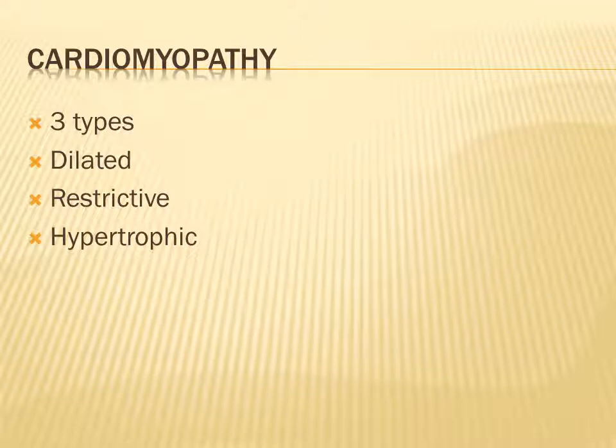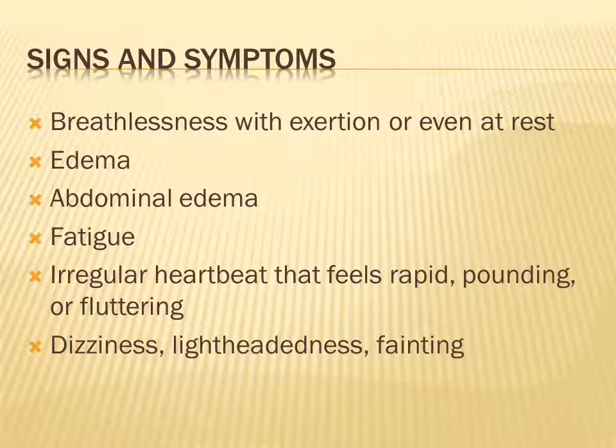And then last but not least is cardiomyopathy. Basically, there are three types: dilated, restrictive, and hypertrophic. Your dilated is the most common type. It's when the heart muscle becomes weakened and enlarged so it can't pump efficiently. It's usually due to some type of medical problem. Your restrictive is where the heart chambers are unable to properly fill because of stiffness of the heart, so you have a stiff heart. The most common cause is